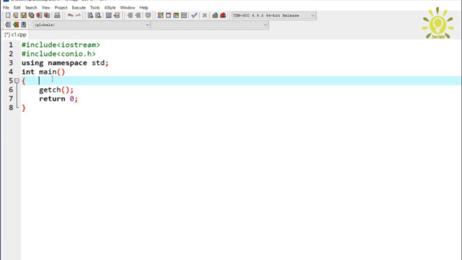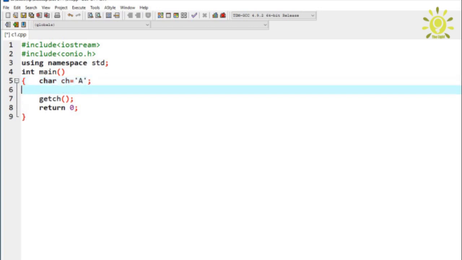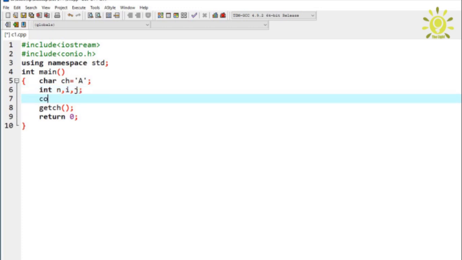Here I have already typed the main syntax of the program, and I want to display a triangle using a nested loop. First I want to print a triangle of alphabets. So the character ch is equal to single quote a, and then terminate this. Again declare the integer variables n, i and j. Here n is used for taking input from the user. cout